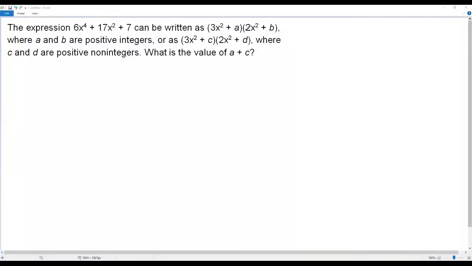Here we have a SAT math question. Okay, let's go to the information. The expression 6x^4 + 17x^2 + 7 can be written as